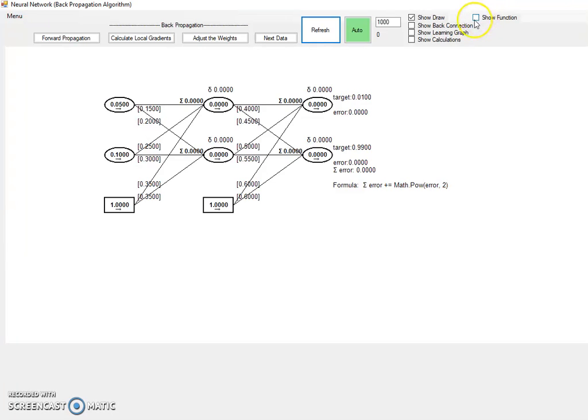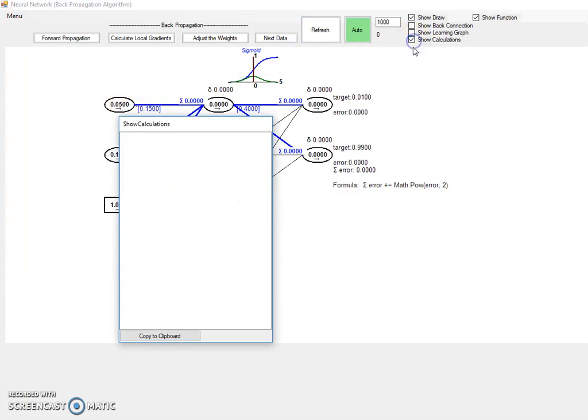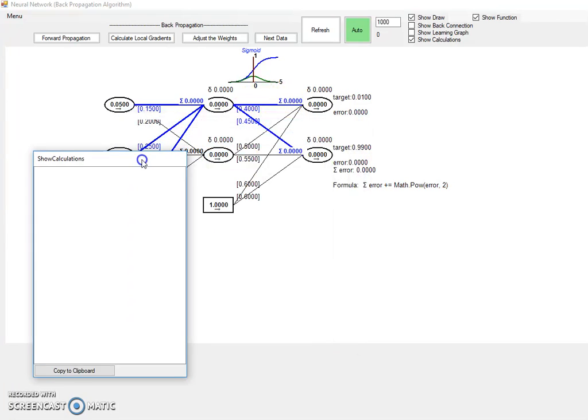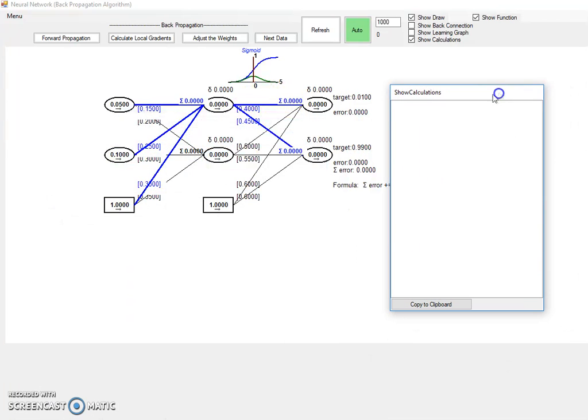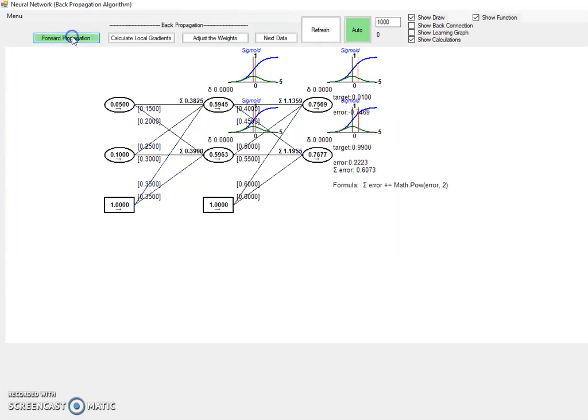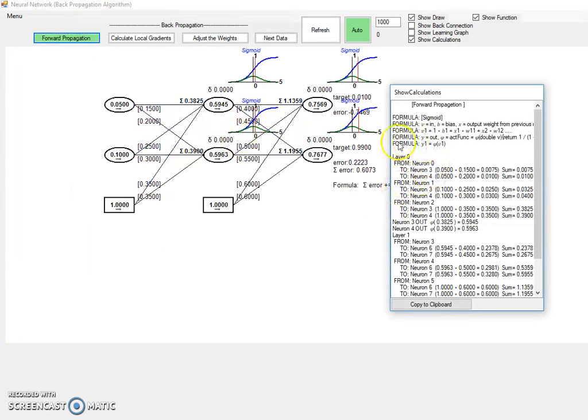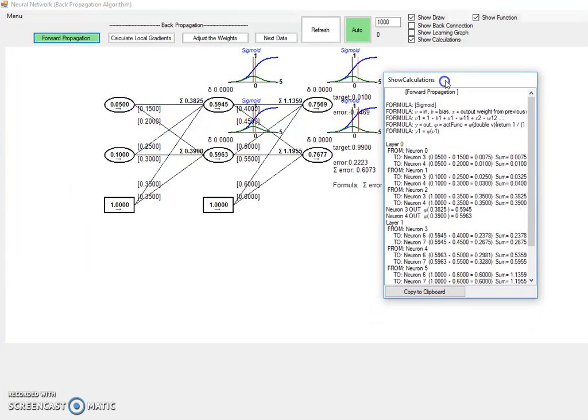So to use this, we need to see the function here. This one. Okay, so if I push forward propagation, the value as the output of this one is, oh yeah, sorry, we have to show the calculation also. Here. Let's see what's happening. I push the button, I show the calculation, and you can see that